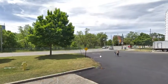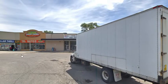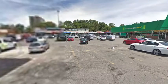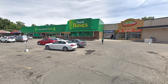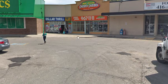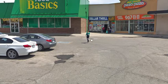And it also looks like the type of place where drivers would expect there to be a contiguous sidewalk situation so that pedestrians aren't in the space. So if we're going to have pedestrians being shoved through the parking lot here, we've got to do an actual shared space imposition where you extend the sidewalk and blur it into the parking lot and get rid of the curbs and stuff, because the curbs say drive here, walk there,